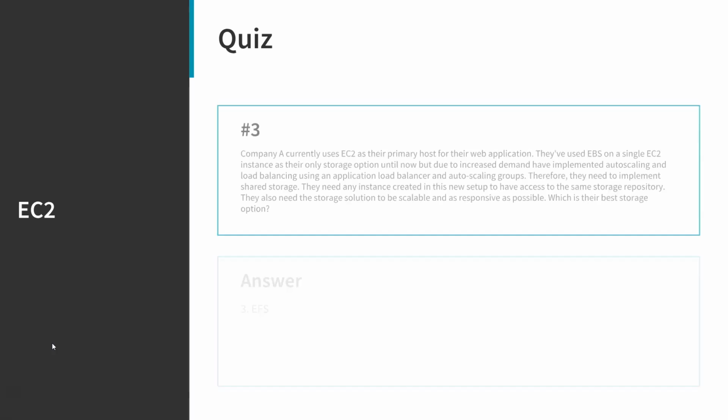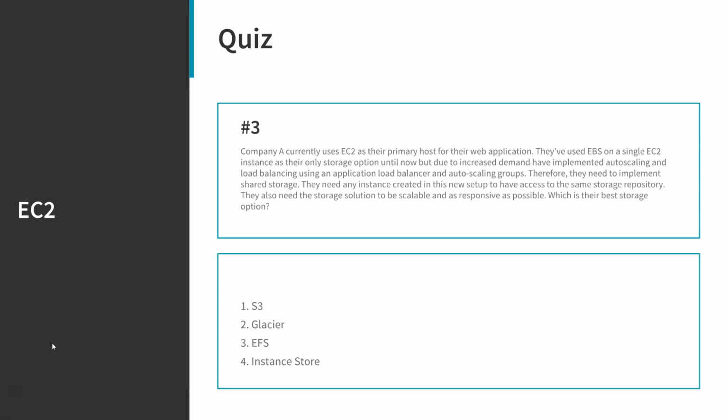And the answer, of course, is 3, EFS. And let's go over those options and find out why. So for S3, you absolutely can use the AWS CLI to download files from S3 and upload files to S3 from an EC2 instance. But the keywords in this question were scalable, so we have to make sure we're choosing the most scalable option there is. Glacier, of course, is absolutely not what we're looking for because this is meant for infrequent access. So of course, if your web application needs immediate access to a file, then Glacier isn't going to be the